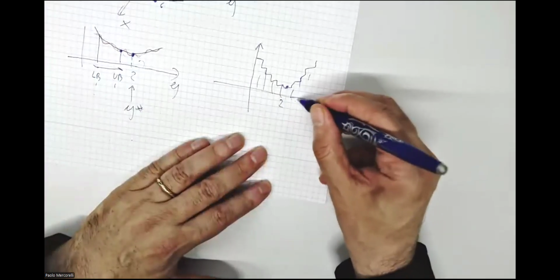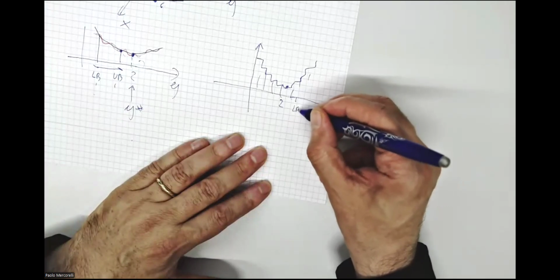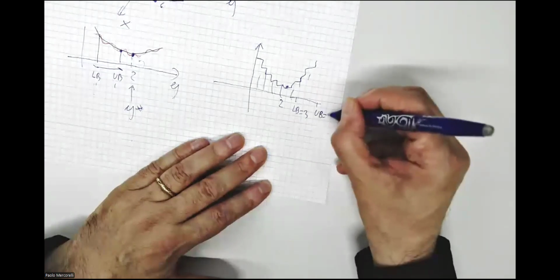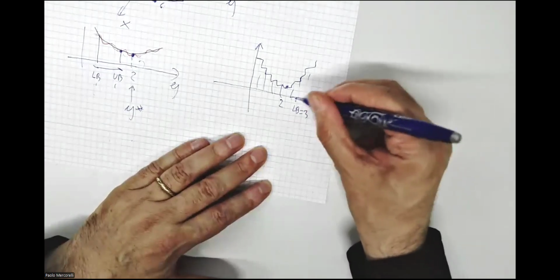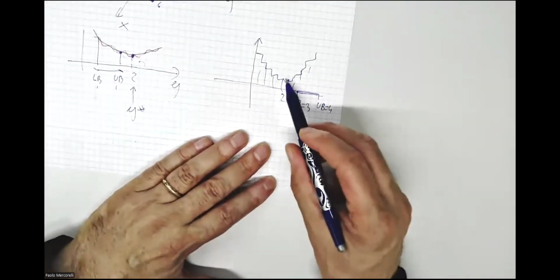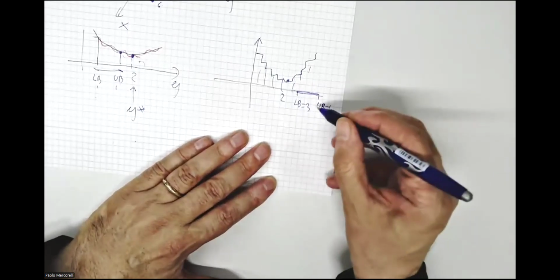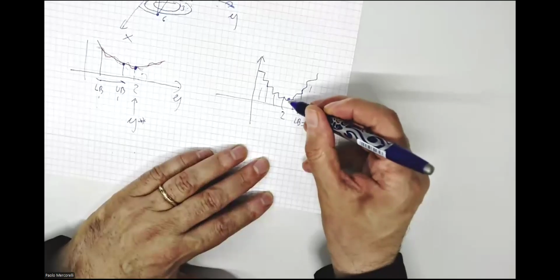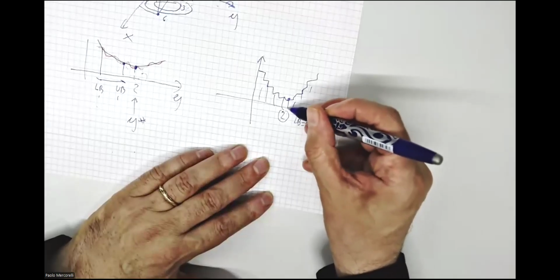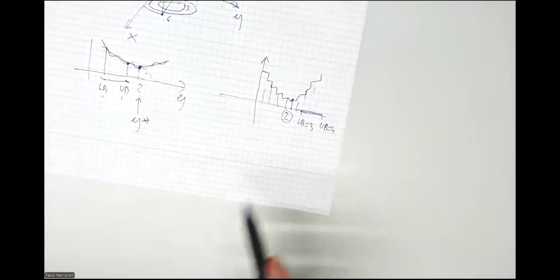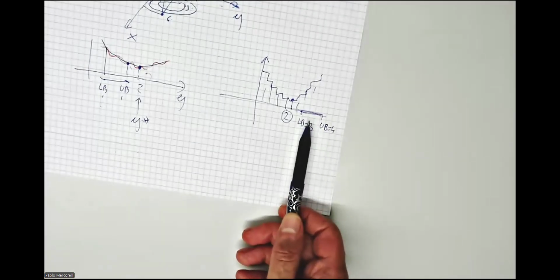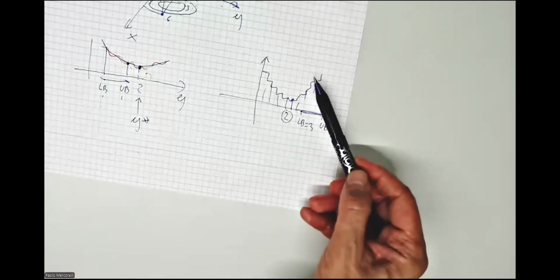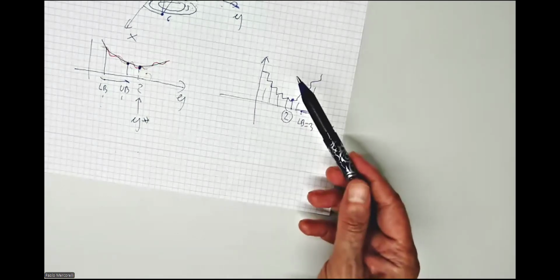And I am analyzing between LB equal 3, now it makes sense, and UB equal 4. I am thinking that the minimum is here in between 3 and 4, now it makes sense. Here was another example, excuse me for the confusion. No mistakes. The minimum is at the point x equal to, but I am supposing that the minimum is between 3 and 4. Now we will see why, analyzing the